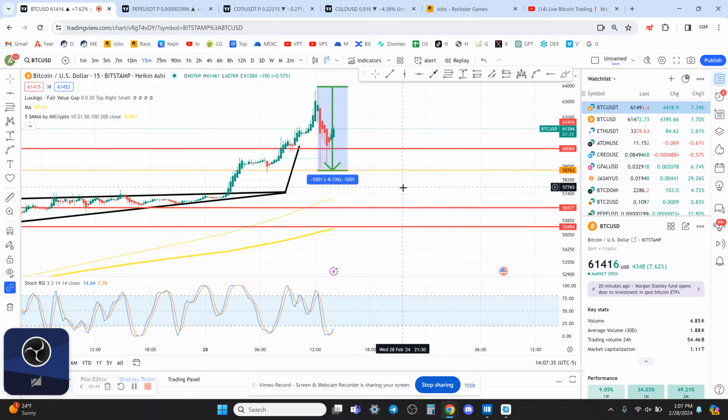If you now lose $58,763, I'm looking for a lot more downside, at least to 56,577, which was another local low and support that we just formed the other day. Also, when you pull the fibs, this is where the 786 fib is at, and we got the bounce. So now, as long as Bitcoin stays above that, and short term, if Bitcoin stays above 61,250, I'm still bullish on Bitcoin. But I'm technically bullish on the 1 hour chart as long as we stay above this last local low at